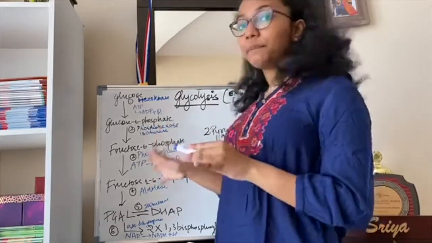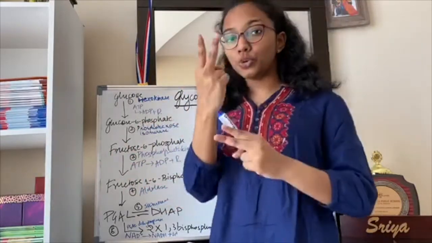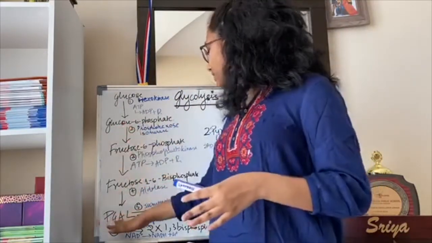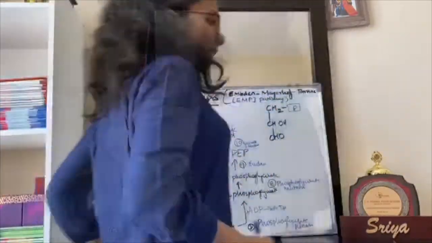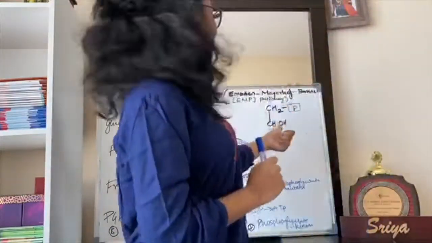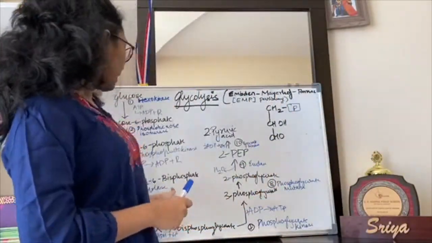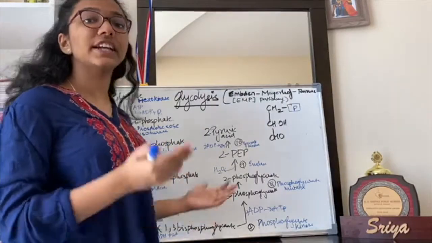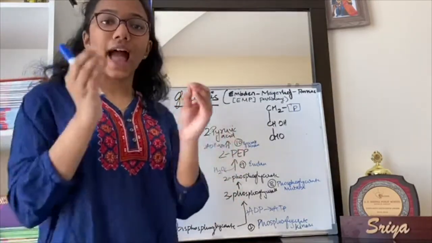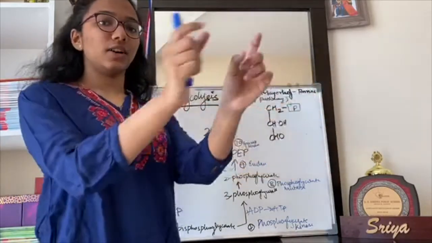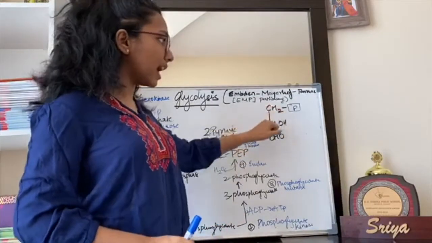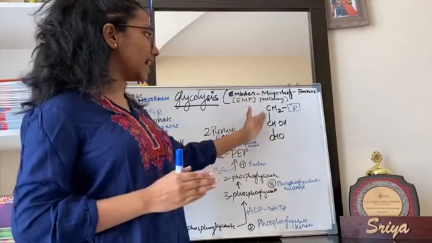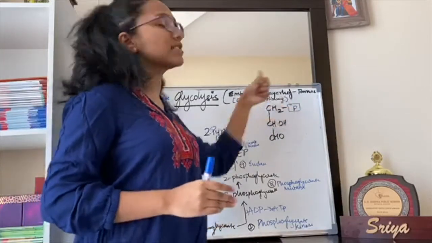What happens here is that fructose, which is a 6-carbon molecule, gets broken down into two 3-carbon molecules. PGAL, or glyceraldehyde 3-phosphate, is a 3-carbon molecule. PGAL is this molecule. The enzyme required to convert fructose 1,6-bisphosphate into PGAL is known as aldolase. Aldol, you break it: ald-ol. There are aldehyde and alcohol groups present in this. It's a 3-carbon molecule, as you can see, and on the 3rd carbon there is a phosphate group.